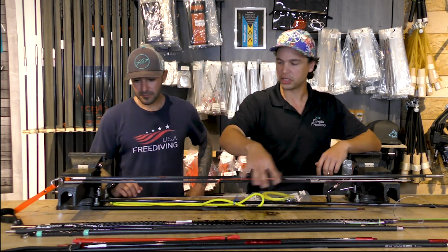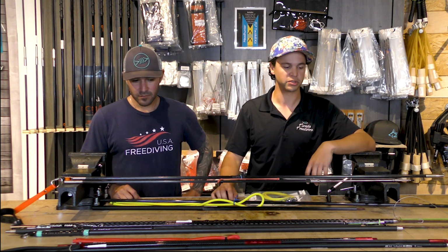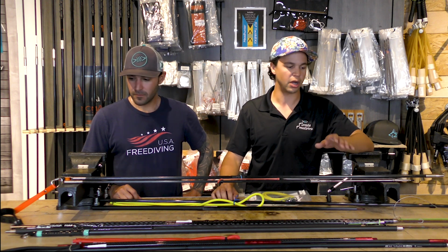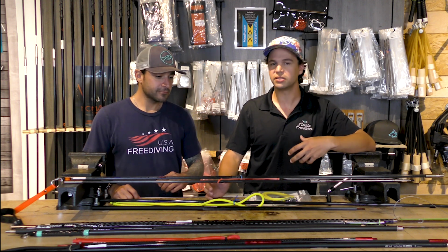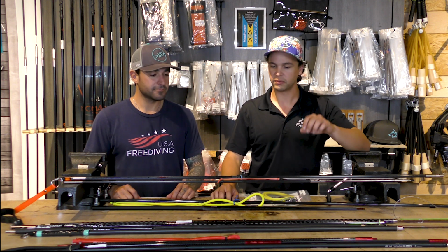But to just touch on a couple features of this pole and why I consider it one of the top pole spears of 2020. Number one, the price point. To land on a pole spear under $100 that comes with a tip is pretty hard to find. There's definitely others out there. You can get into some pretty basic fiberglass setups and things like that, but for what you get in this